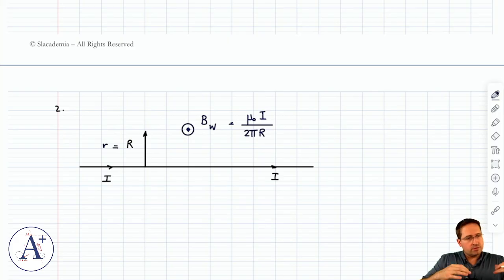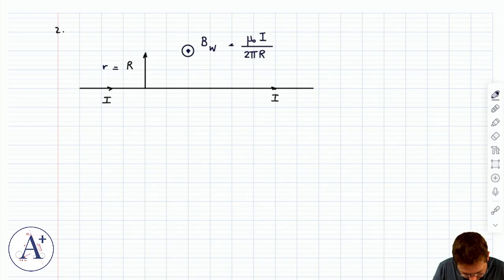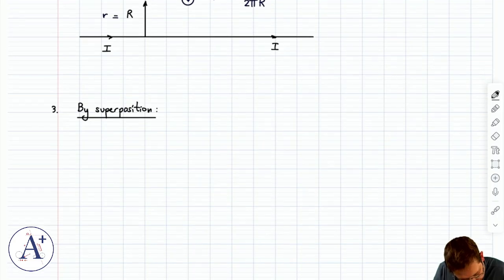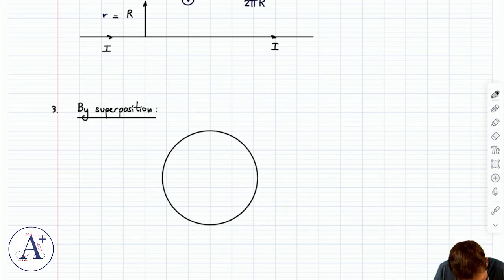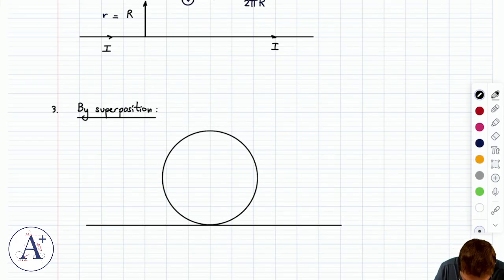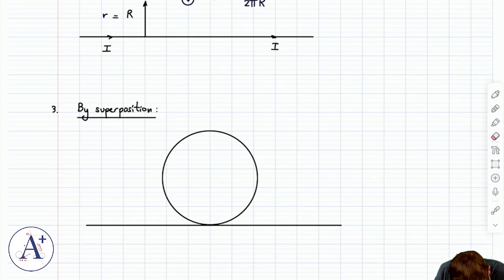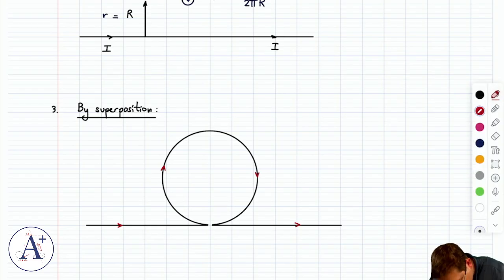So we found the circle, we found the wire. Now by superposition, we can put everything together. Okay, so by superposition, we have the following. We have the ring of current, the infinite line of current. Technically, it has a tiny little spacing here, but it's so small that we neglected it. And we're saying that, okay, well, if you run a current like this, then